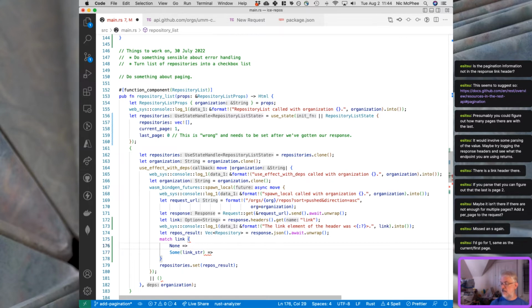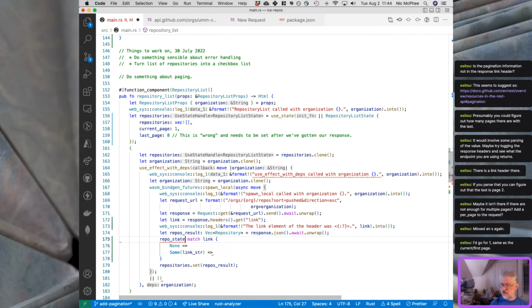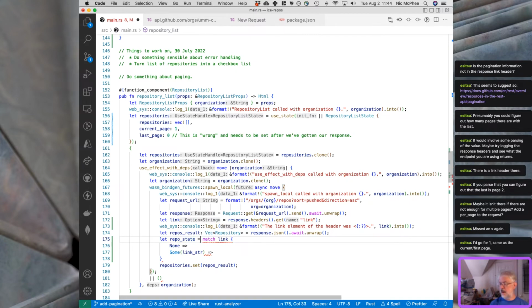And so if the link is none, so we're going to have repo state, let, stop it, undo, let repo state equal match,